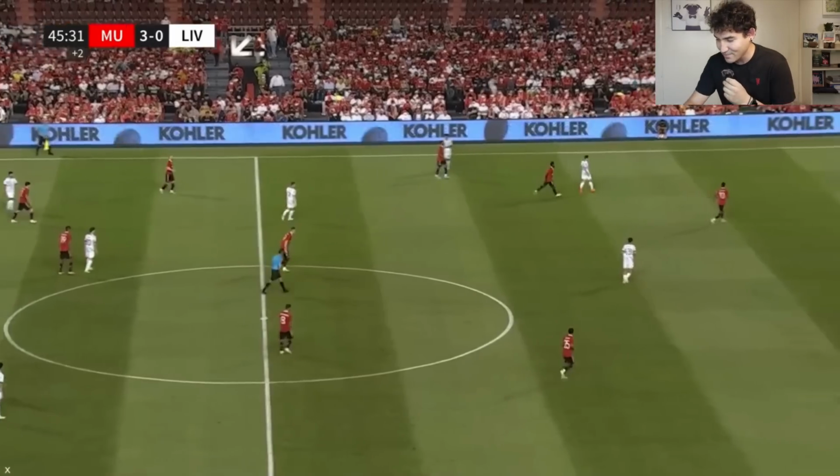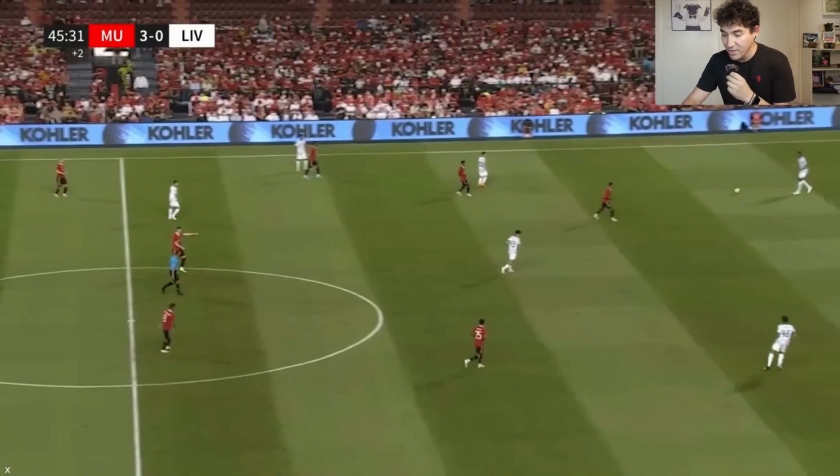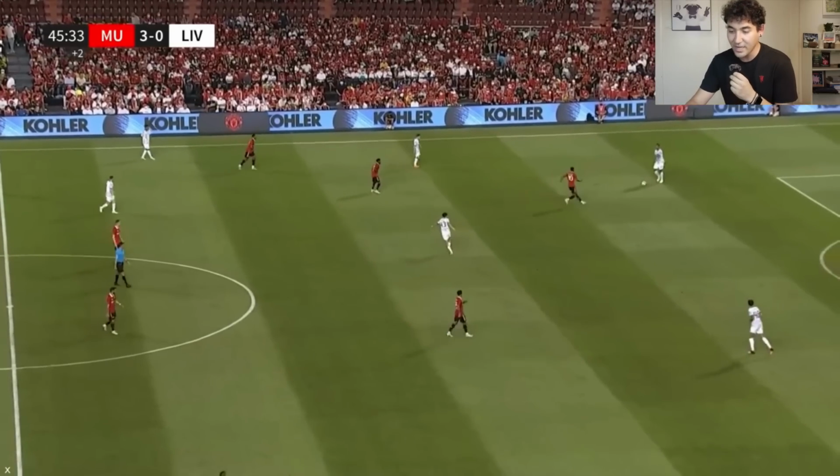Let's keep watching. Now, look at Scott McTominay, what he's doing. He's actually talking to Bruno Fernandes, who is down there. So he's looking at him, he's talking to him. Bruno Fernandes is probably not listening, or maybe he's just ignoring him. I don't know what's happening over there. But then here, Scott McTominay is going to have his Thanos, fine, I'll do it myself kind of moment, because